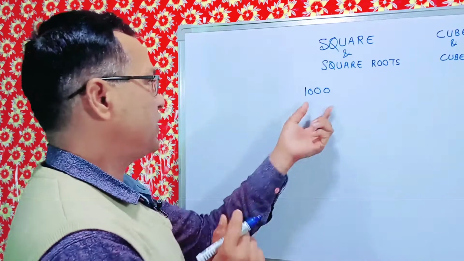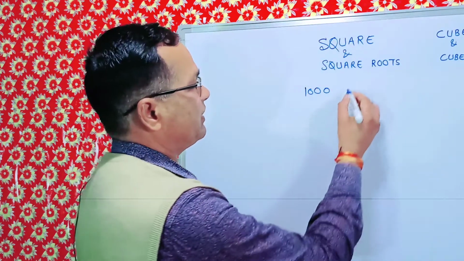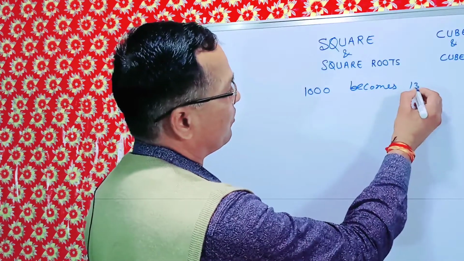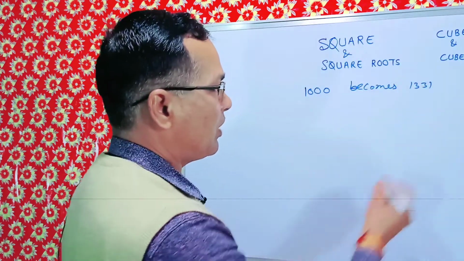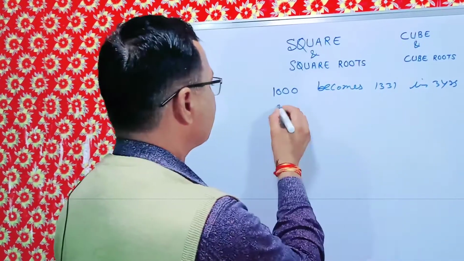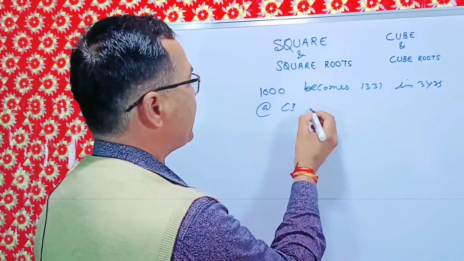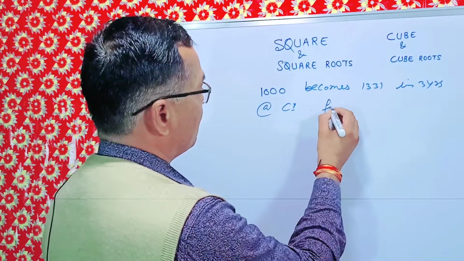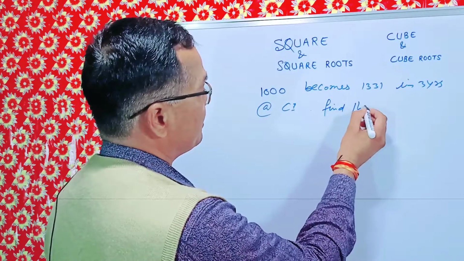Let me take 1,000. A sum of 1,000 becomes 1331 in 3 years at the CI rate. Find the